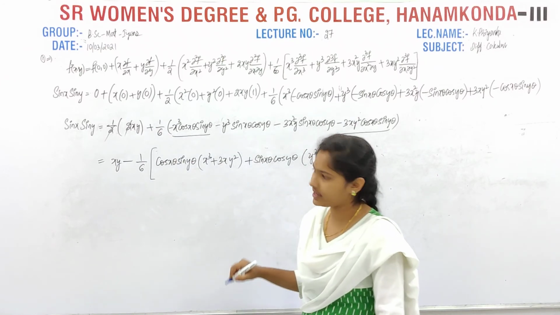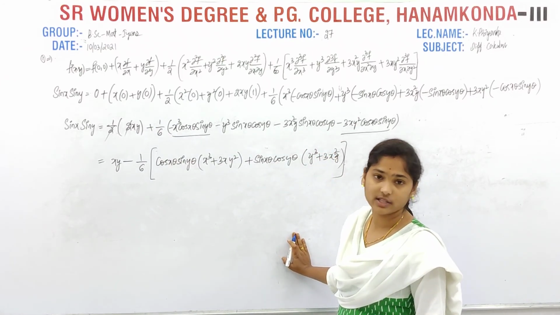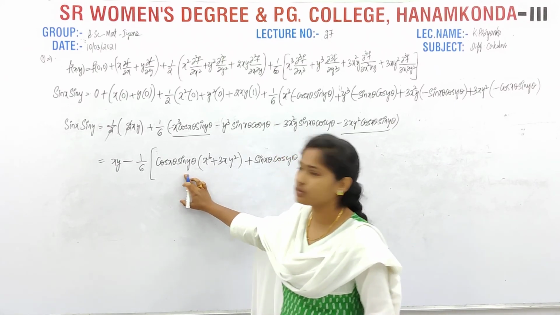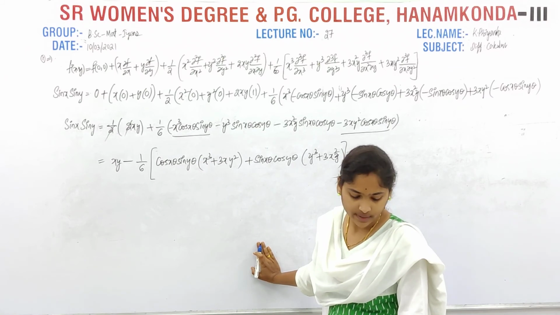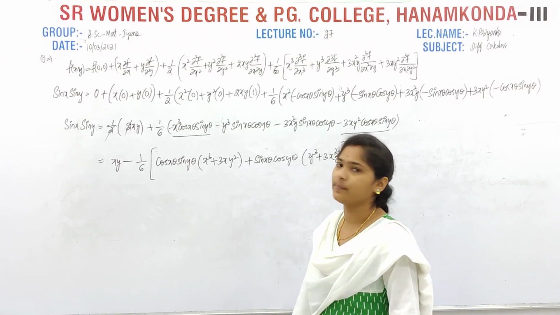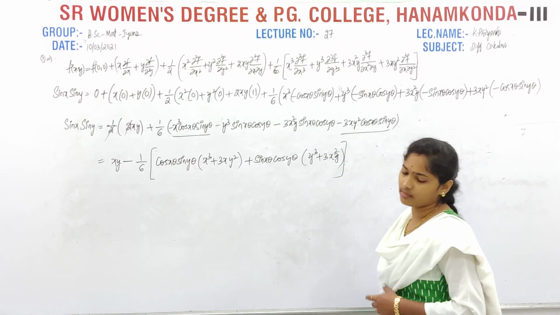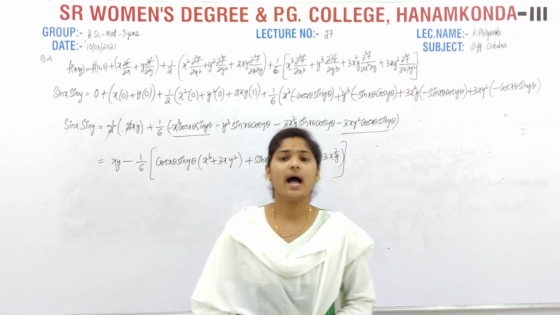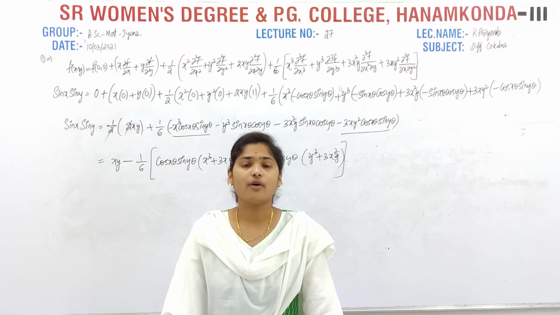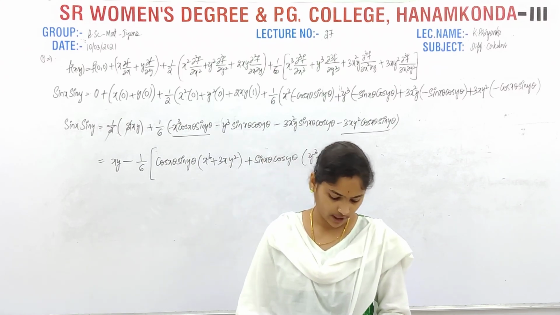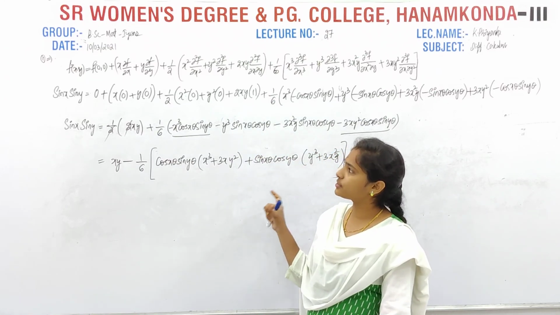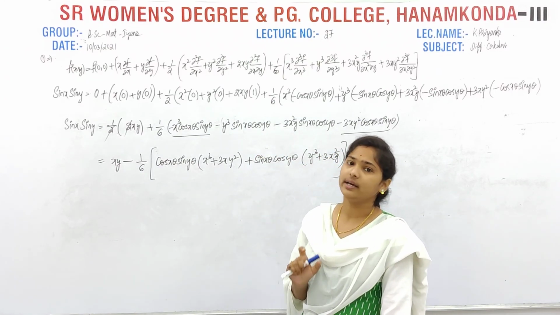If you observe clearly, we have to prove that xy minus 1 by 6 into x cube plus 3xy square cos theta x into sin theta y, plus y cube plus 3x square y sin theta x into cos theta y. So it is a very simple thing, ma'am. Just we have to write the formula, and if we know the formula clearly, then simply we can substitute the required values. After substituting the required values, simply we can calculate each and every term value, and after substituting all those, finally we will get the required answer.